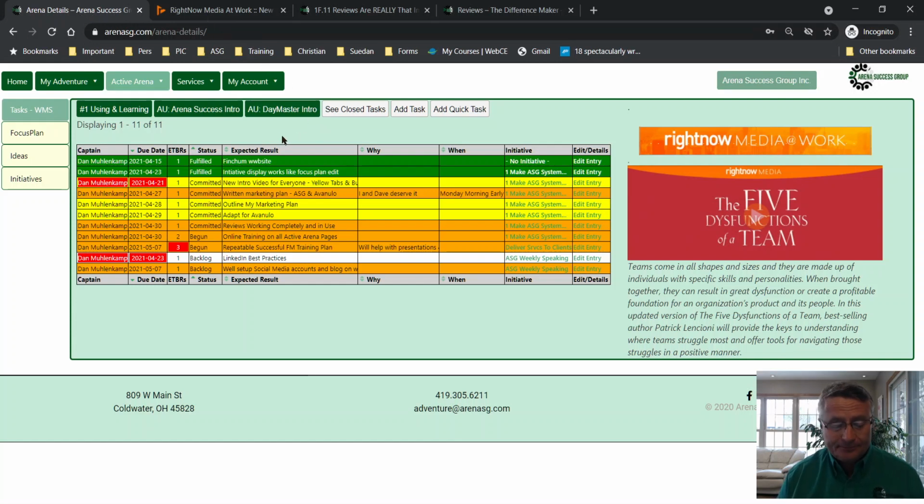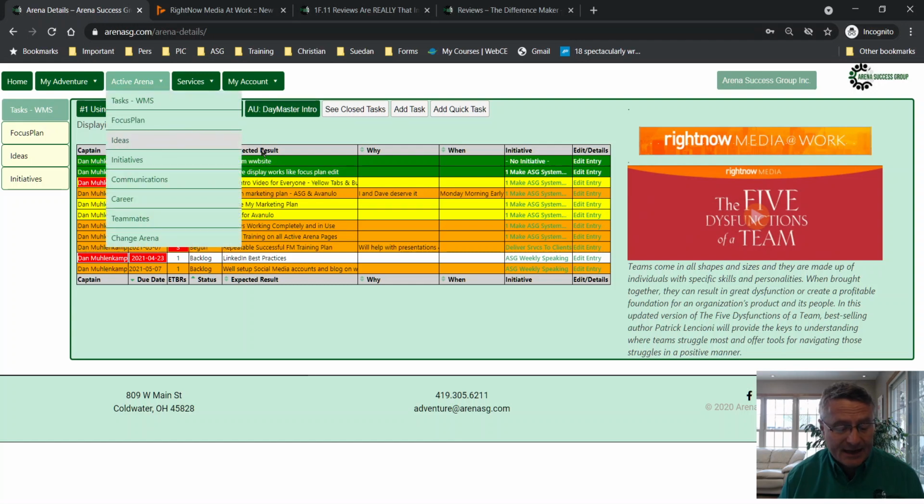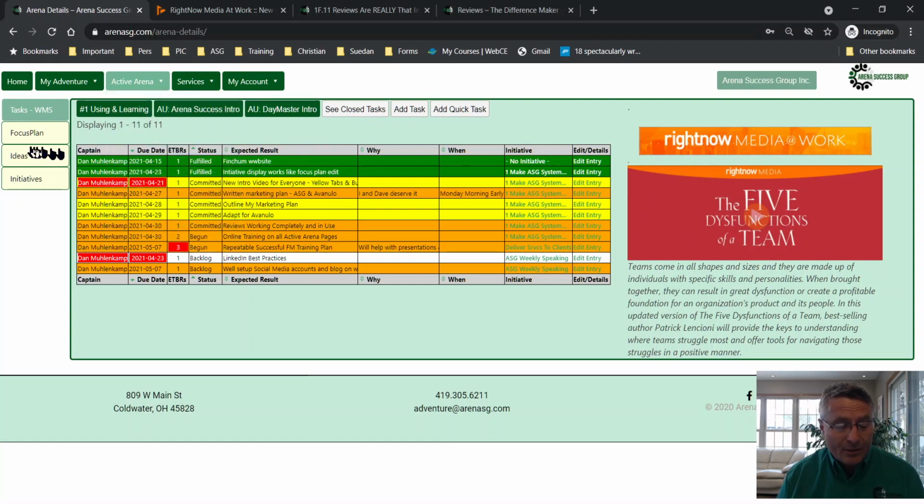Okay, now you'll see that the first tab, the light green, means that that's the active tab, as the light green up here indicates that that's the active page. When a tab is yellow, that means there is something you need to learn about that tab. And if you look, there are these buttons across the top. Now in this case, if they say AU, they're a little bit longer. Those are actual online courses.